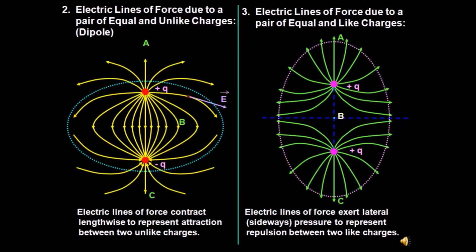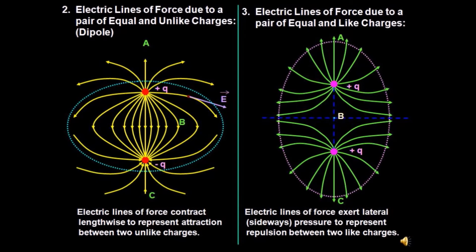In this slide, now we will be drawing the electric field lines for double charges. The first system is the system of two equal and opposite charges, and the second one is the system of two equal and similar charges. Let us consider the first diagram. The two equal and opposite charges plus Q and minus Q separated by a distance is called a dipole.